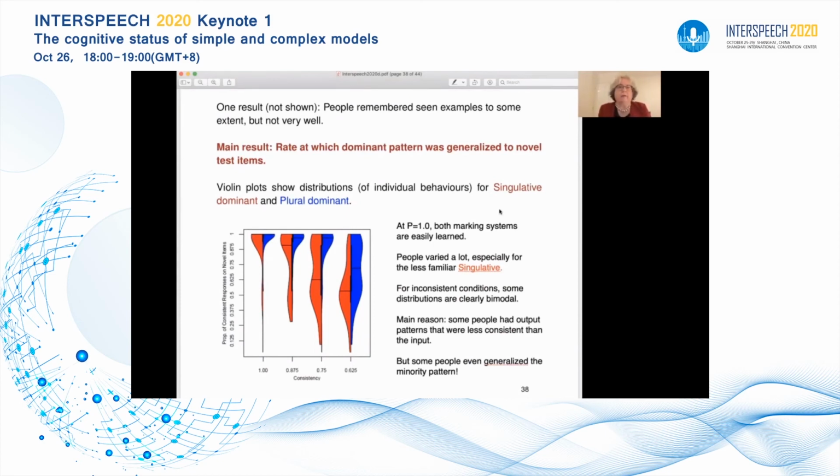The main result concerns the rate at which the dominant pattern was generalized to novel test items. And this is a set of violin plots, which are smoothed histograms turned sideways, and they show distributions of individual behaviors for participants in the singulative dominant conditions in red and the plural dominant conditions in blue. And as you can see from the leftmost pair,